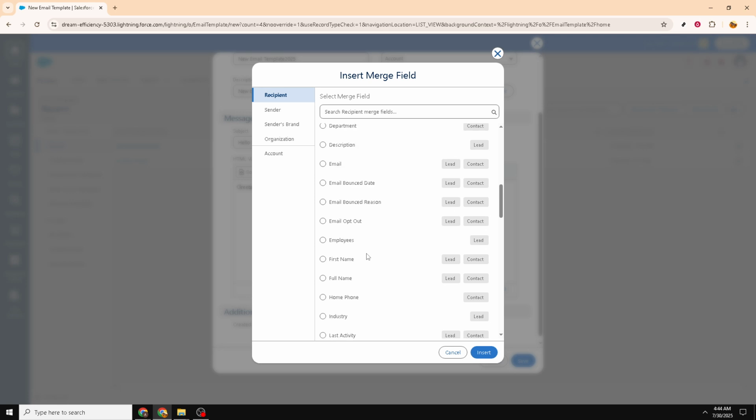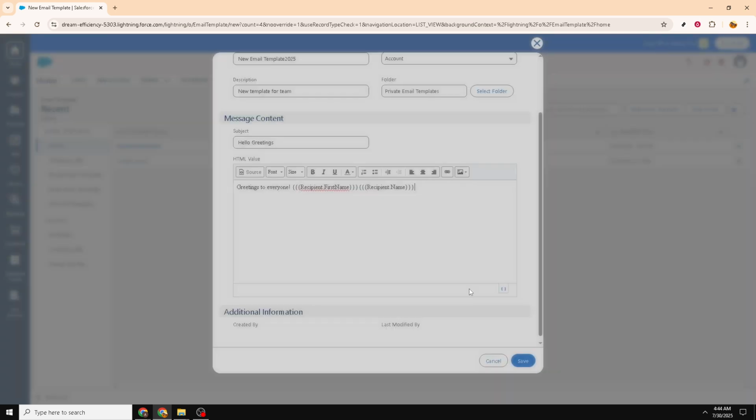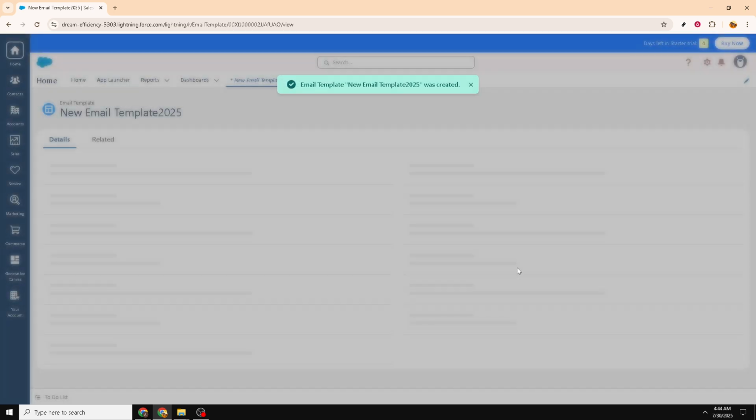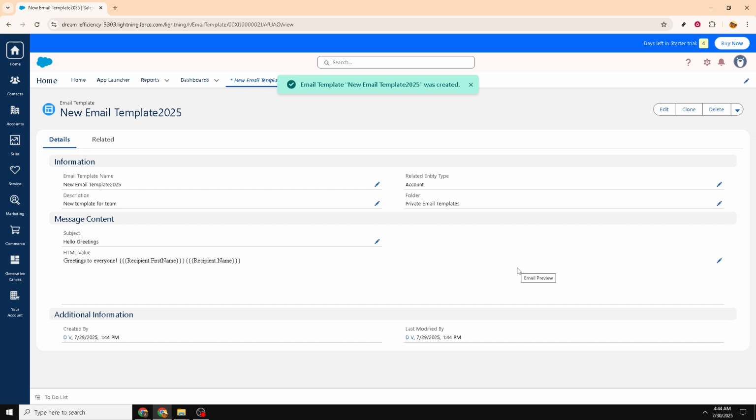Finally, once you're satisfied with everything, don't forget to click on Save. This will store your template in Salesforce and make it ready to use whenever you need it. That's it! Now you have a fully customized email template in Salesforce, ready to